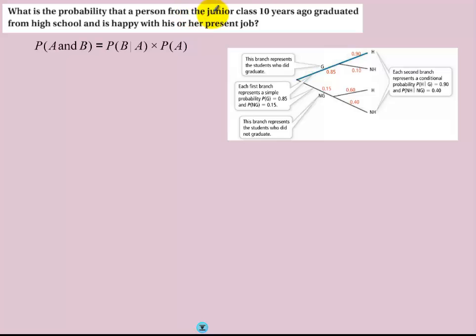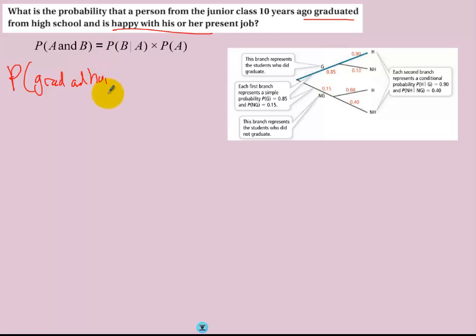What's the probability that a person from the junior class graduated from high school and is happy with his or her present job? So you want to find the probability that someone is happy and graduated out of the total. I know those conditionals, I know certain types of people are happy or not happy, but I want to know from the grand total how many graduated and are happy with their present job. So how many from the total met both those criteria? Well, the probability of grad